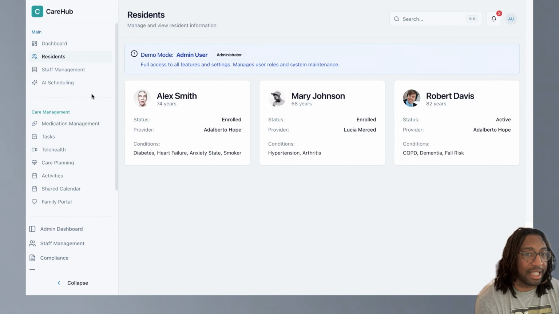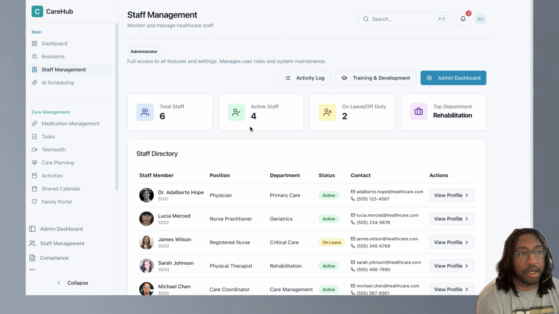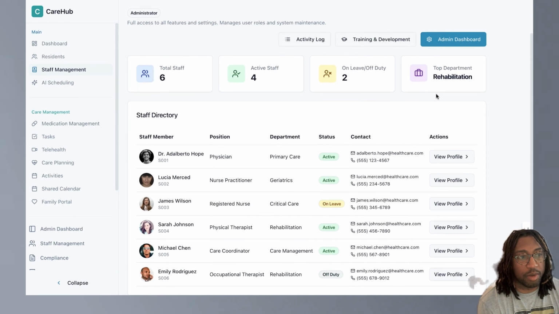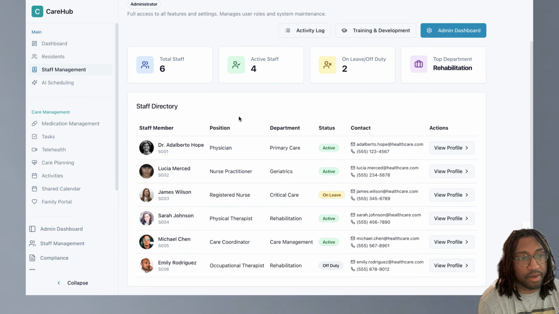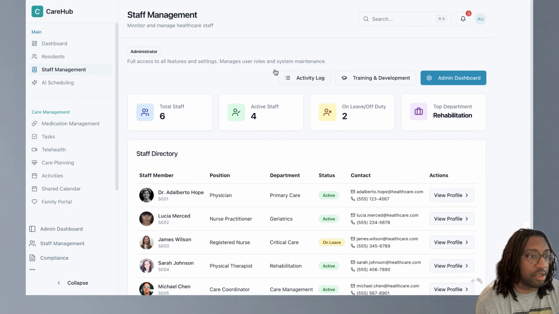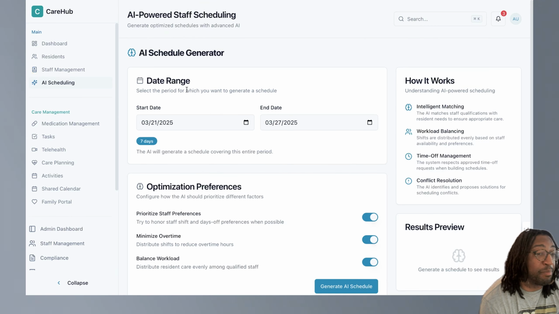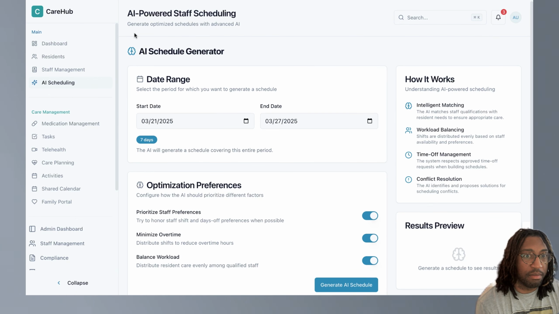Obviously, again, this is the demo. The staff is going to show what department they're in, who's on staff, who's on leave, as you can see right here, and then the training, and also the activity log of what they're doing when they are signed in. This is going to be the big pushing point for the app. It's going to be basically staff